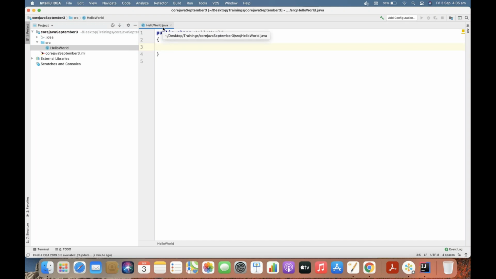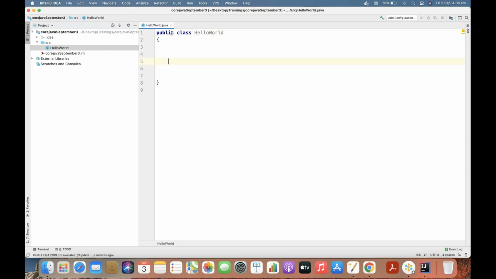First we will understand what these things are that you're seeing here. Whenever you create a new Java program, you will see public class followed by your class name and this set of curly braces. Here public is your access modifier and class is a keyword which is used to declare any class, followed by whatever name you have given to your program, that will come here as the class name. Later on we'll see other access modifiers in detail as well.